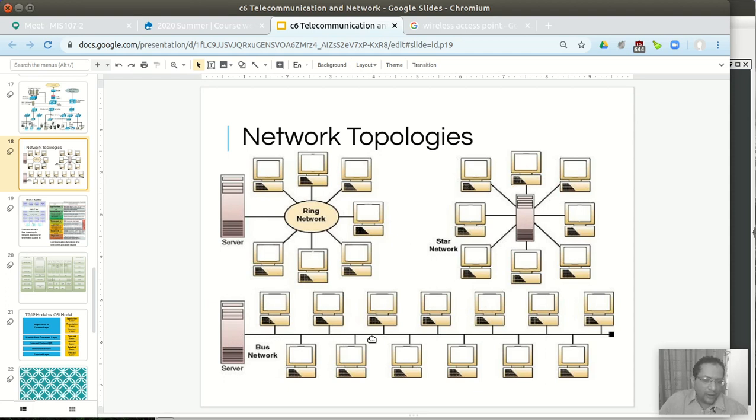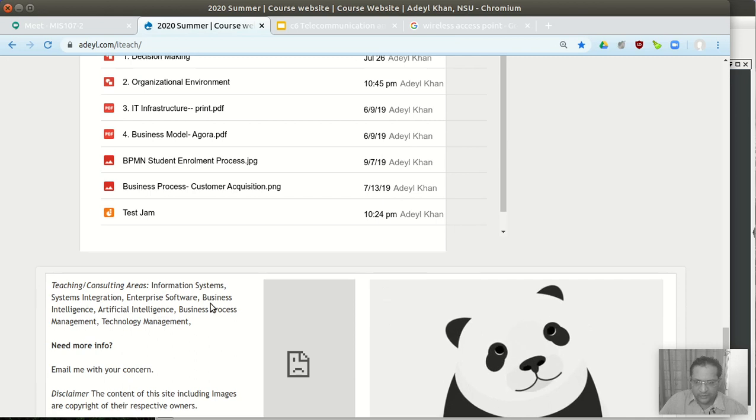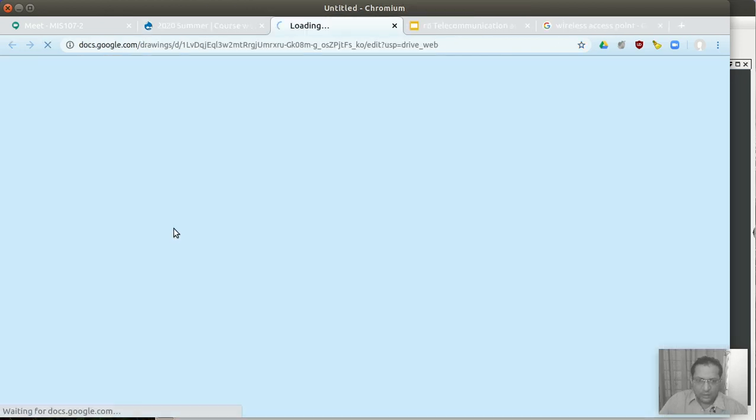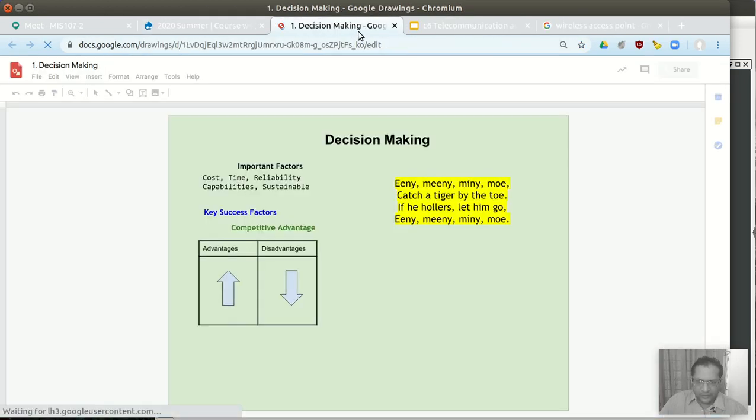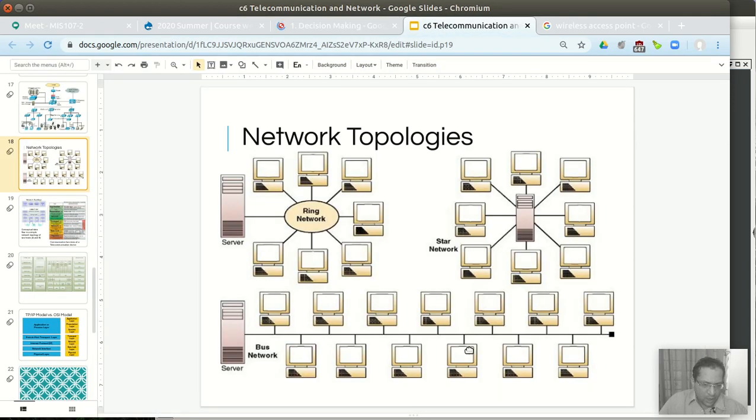Okay. Now, which one is a good idea? Which one should you use? Now, before you can make a decision, if you remember, the way we make decisions is we consider cost, fast and furious and so on, right? So which one is low cost? So if we use a bus network, you can see we can connect from here to here. You can connect from here. We can connect from here.